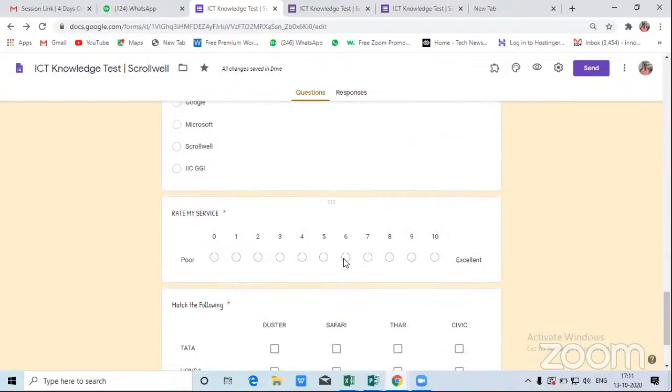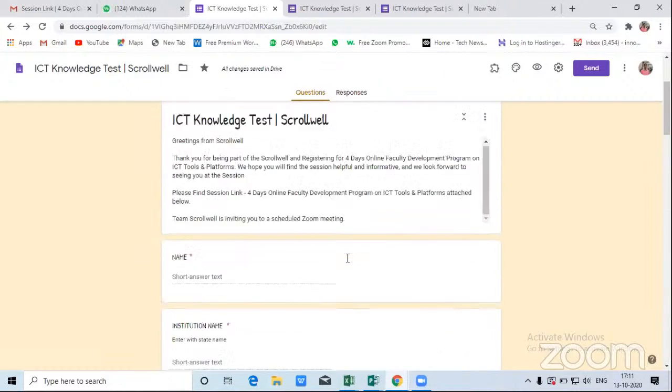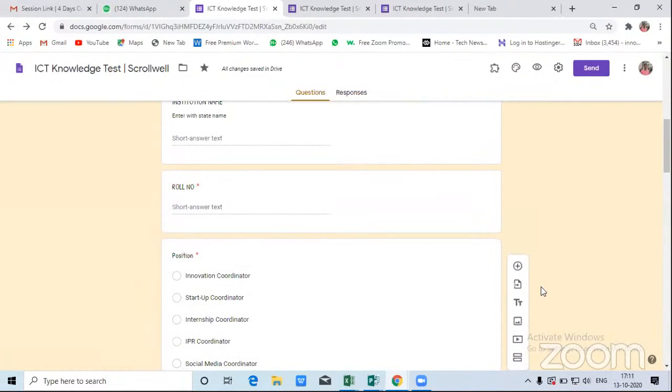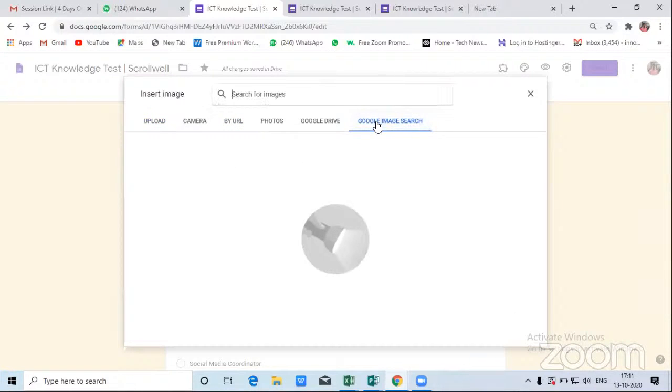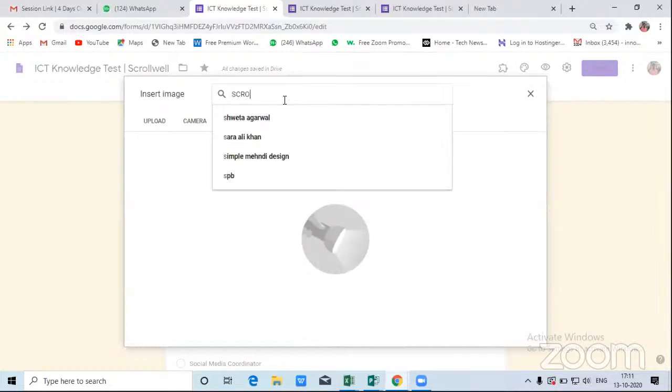Okay, and the next question is how we can import an image. We have done it previously, right? Simply click on this image option. The images which are available in your drive can be seen from here. Okay, if you want to add the URL of an image directly, you can click on this. If you want to search from Google, like